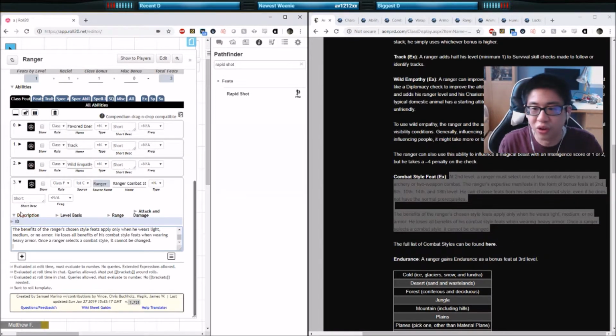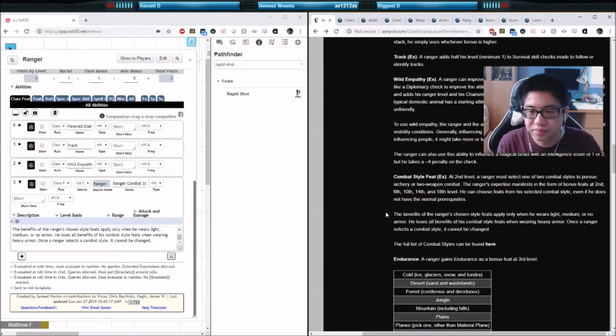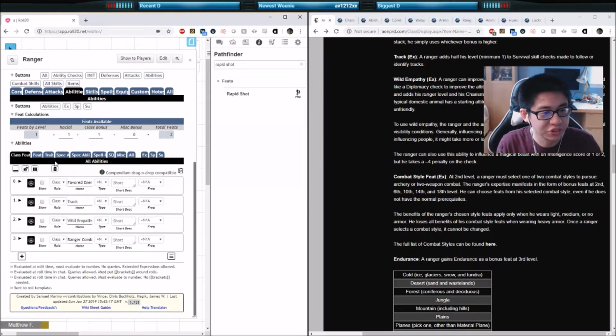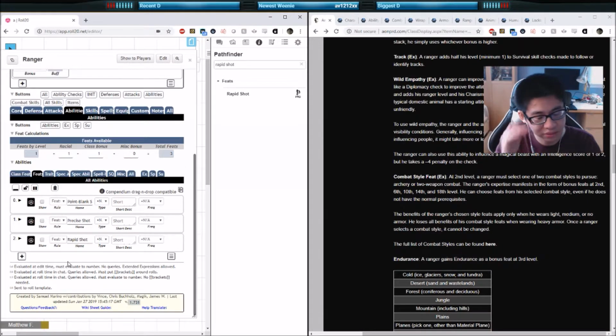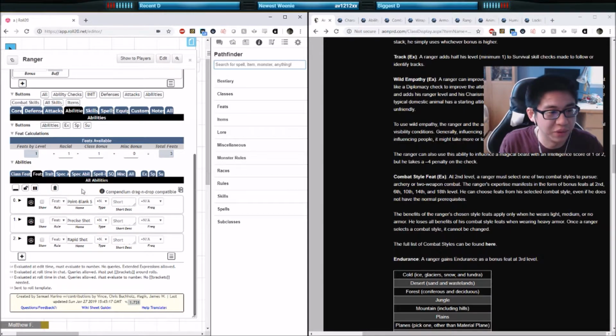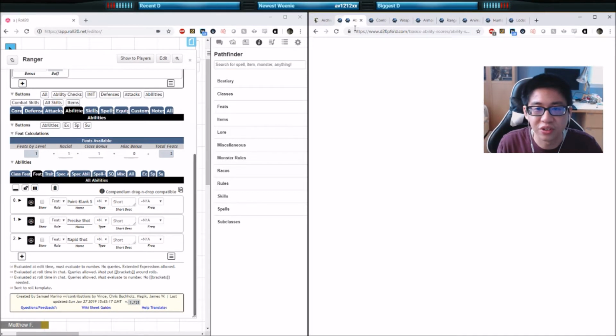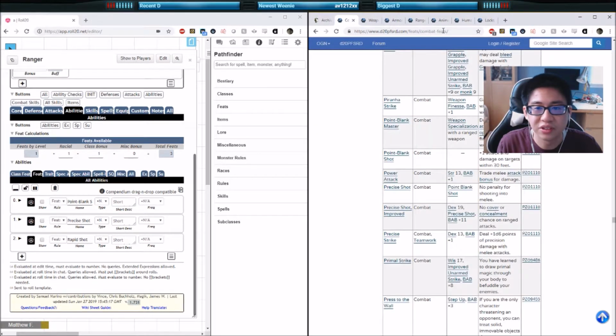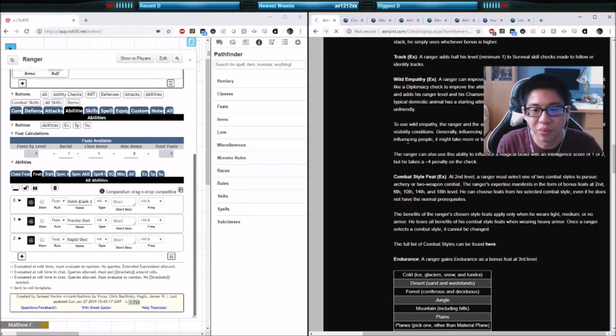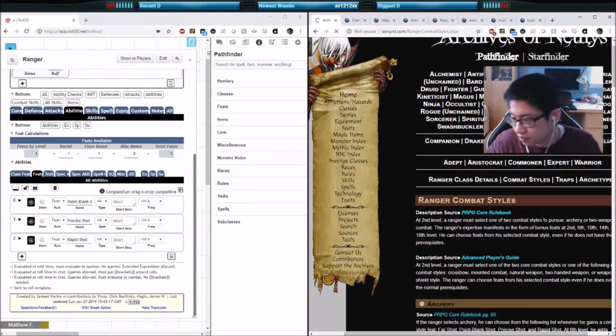Remember that if you are ever wearing heavy armor, you do lose the benefits of these feats. So do keep that in mind when doing this. It doesn't affect you if you're encumbered or anything like that, but if you are wearing heavy armor, you cannot use these feats, which is important to know. So I don't need this, I don't need this. But going back to the combat styles,